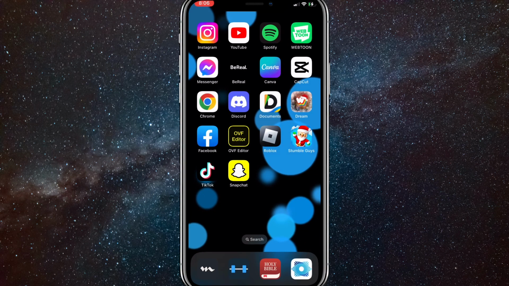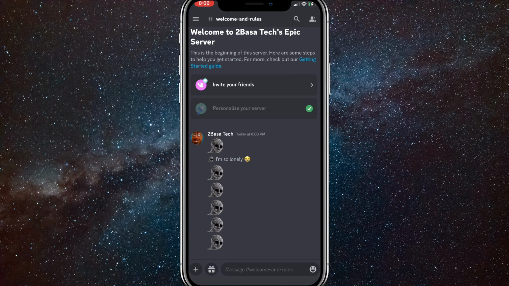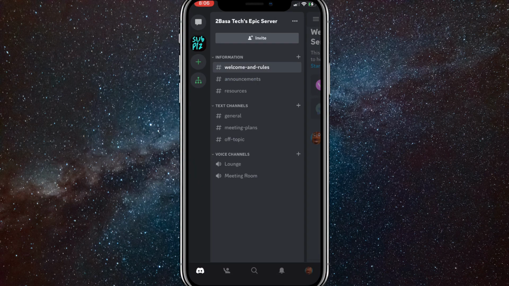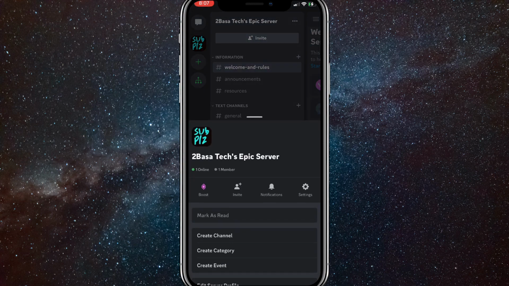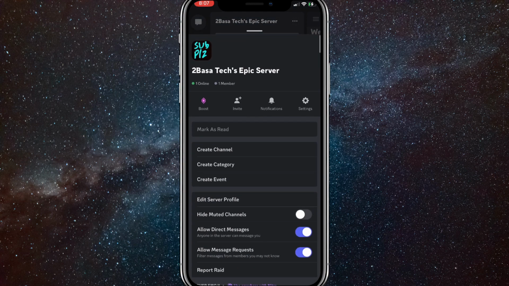Once you do that, just head back over to your Discord, and once you are back on your Discord, you're going to want to click on the three dots in the top left corner, right next to your server's name. Click on those three dots. It'll bring up this page here, and here you're going to want to click on